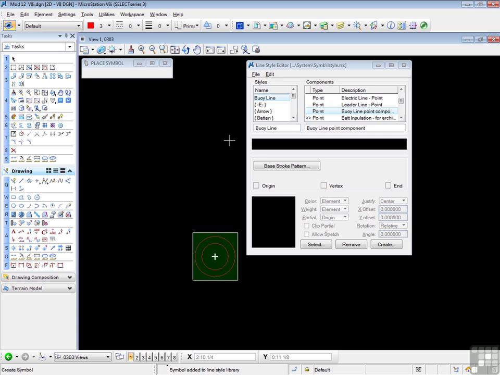Now, nothing much has happened in the line style editor box, but that symbol has now been associated with that point component. Now at this point you really should save what you've done. So we'll click on File and Save. It's a good idea to save after every entry, and certainly after every time you've created a different component or